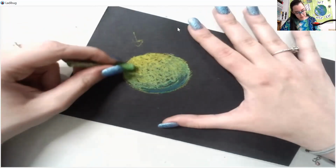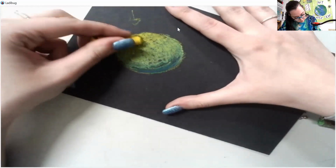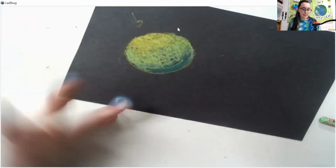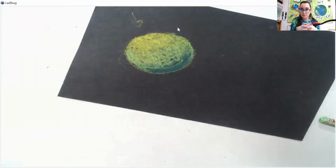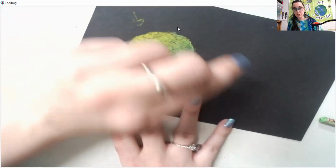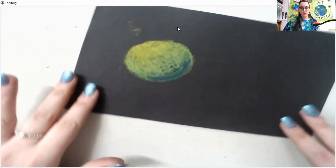Okay, so I did my green. I might take a little bit of yellow and blend that back down. It's up to you. Again, anytime you see a line, just blend those colors back into each other. But you'll notice the more layers of oil pastel you do, the harder it is to layer. So that's why sometimes you do need to take your nail and just scratch it off. But most of the time, again, you shouldn't need to, as long as you're working in